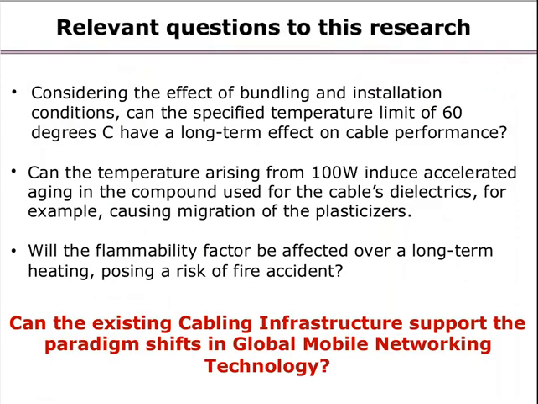Having seen the changes in the Category 6 UTP permanent link and Category 6A FUTP permanent link, the relevant questions to the industry are as follows. Considering the effect of bonding and installation conditions, can the specified temperature limit of 60 degrees C have a long-term effect on cable performance? Can the temperature rising from 100 watts induce accelerated aging in the compounds used for cable dielectrics,